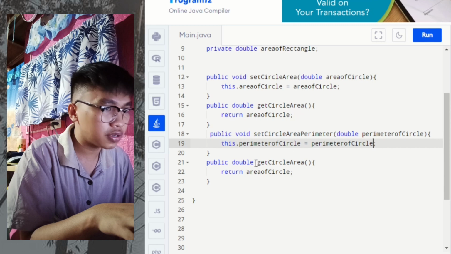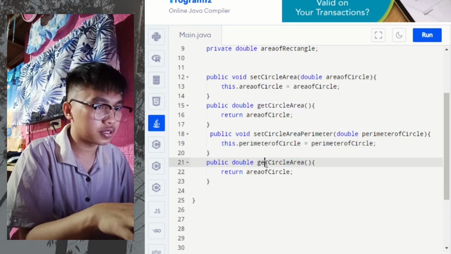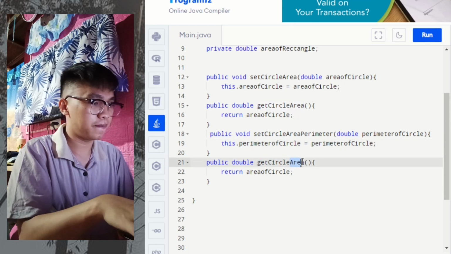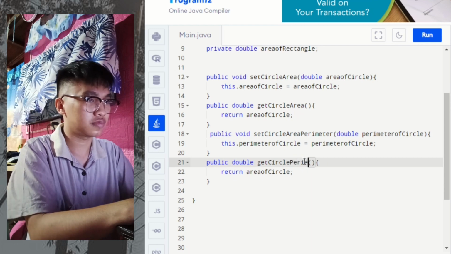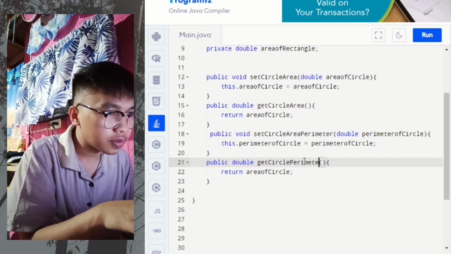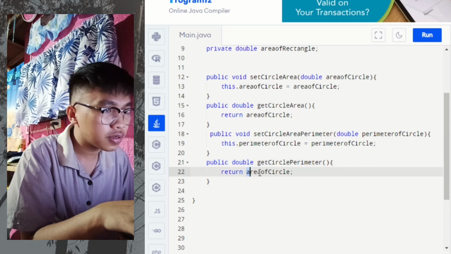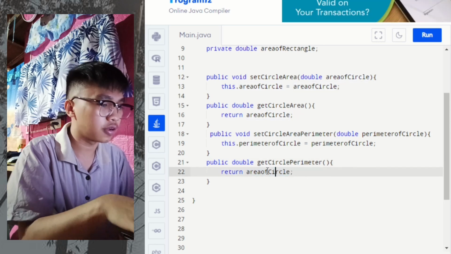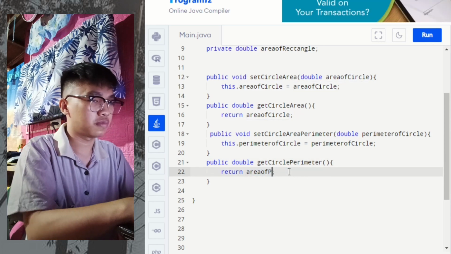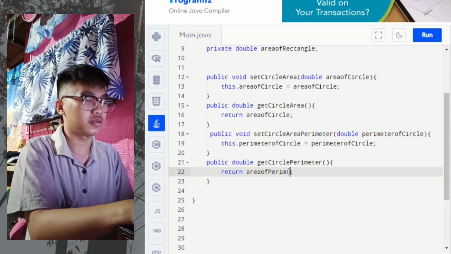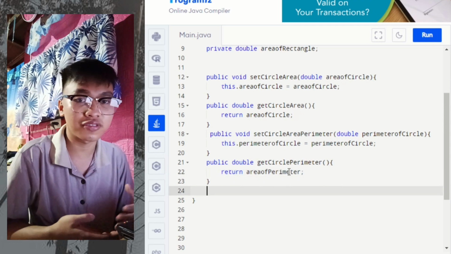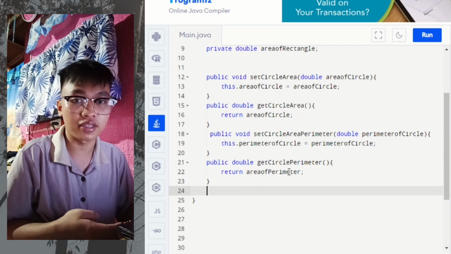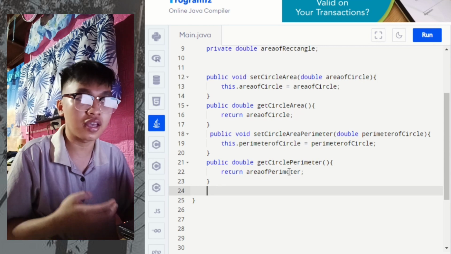And also here, getCirclePerimeter. So here, area of perimeter. So after creating the getters and the setters for the circle, let's now proceed in creating the getters and the setters